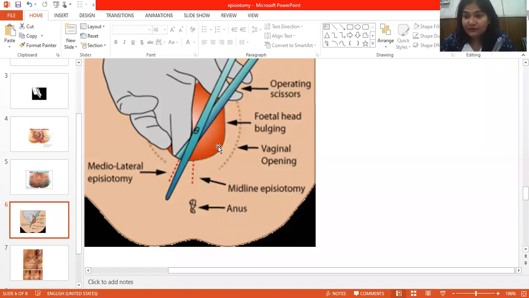So now once you have decided that you need this episiotomy to be given to patients, who are the patients who are going to need episiotomy? It is needed in patients in whom the perineum is a little rigid, right? Or if you feel that the patient is bearing down for a long time and she needs a little help by giving a simple small cut, maybe the head will come out easily.